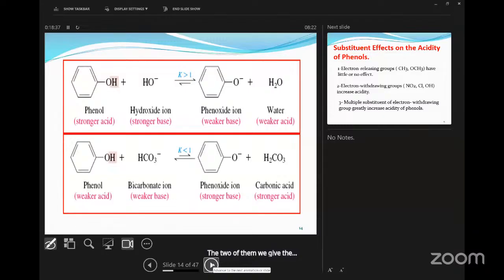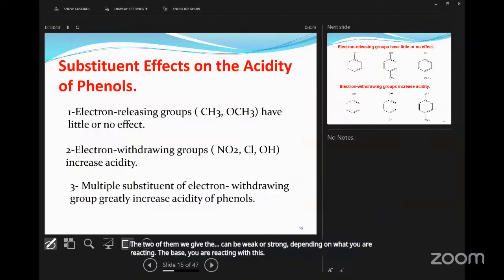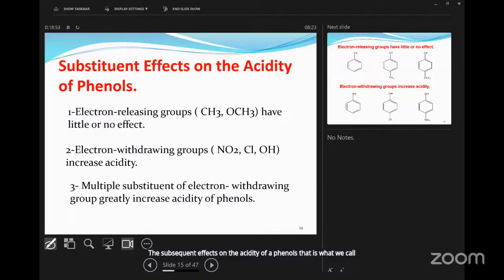The phenoxide ion can be weak or strong, depending on the base you are reacting with. Now, the substituent effects on the acidity of phenols. That is what we call electron withdrawing groups and electron releasing groups. The electron releasing groups push electrons into the benzene ring, but the electron withdrawing groups withdraw electrons from the benzene